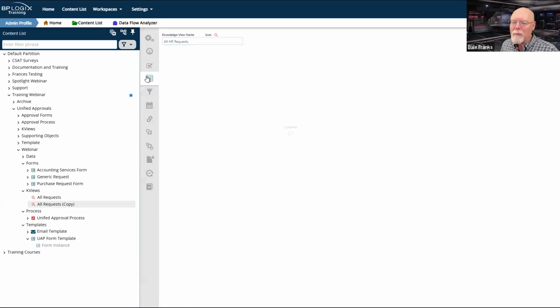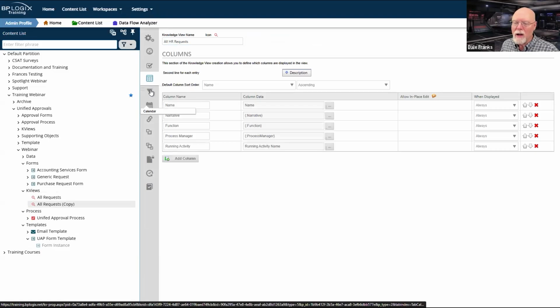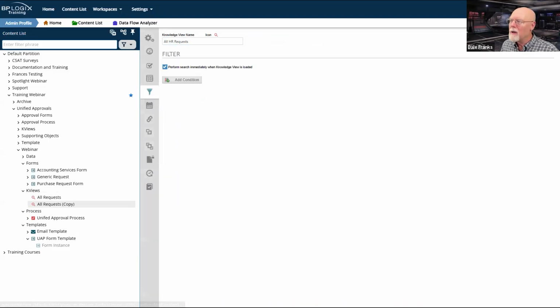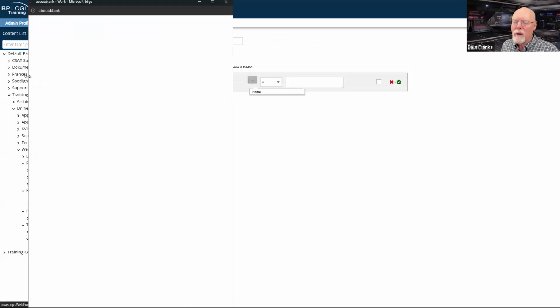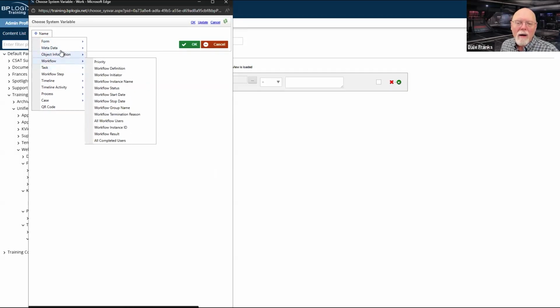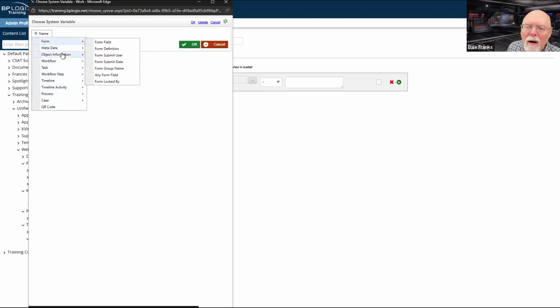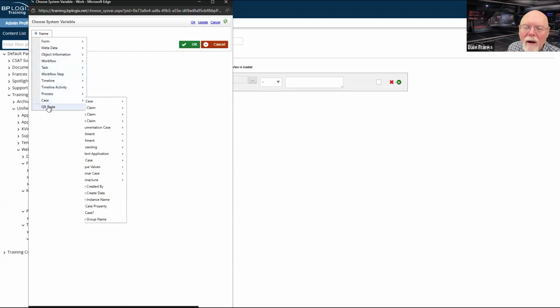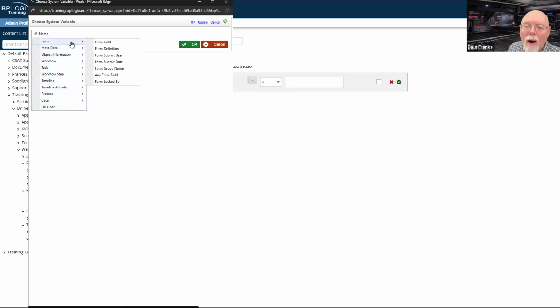The only thing I'm going to change, I'm not going to change any of the columns here. The only thing I'm going to change is I'm going to add a filter where I will just say, well, guess what?